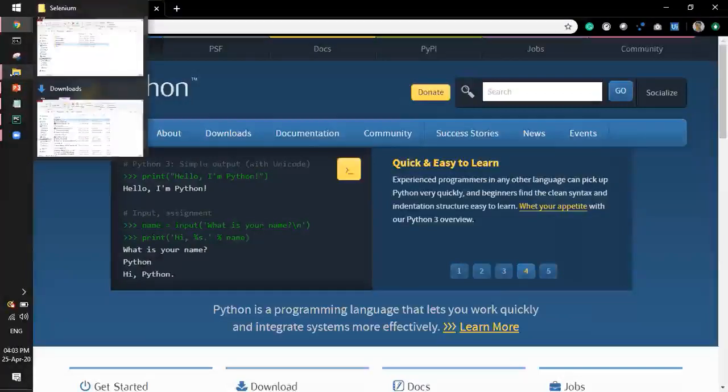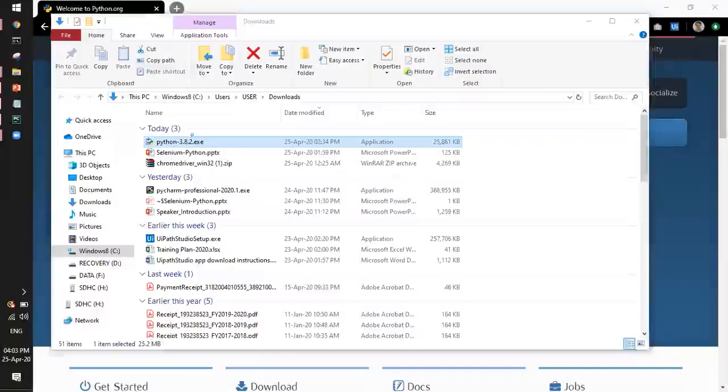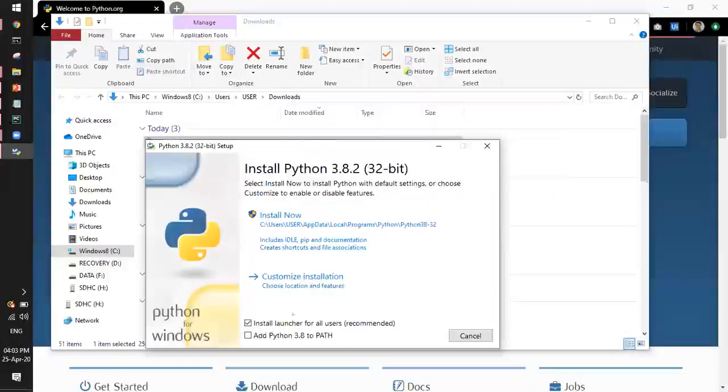So once we have the downloaded file, we can simply install Python. A very important thing I want to inform: I'm not going to show all the Python installation steps because it is fairly easy to understand, as every installation will be like that. Always remember to check this checkbox, add Python 3.8 to path variable.